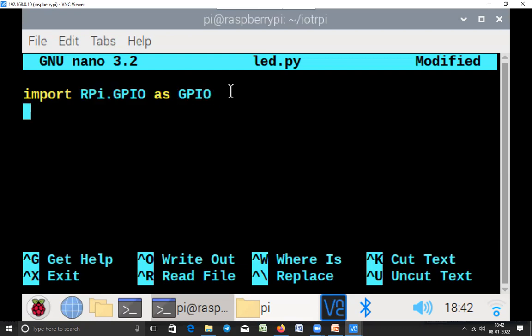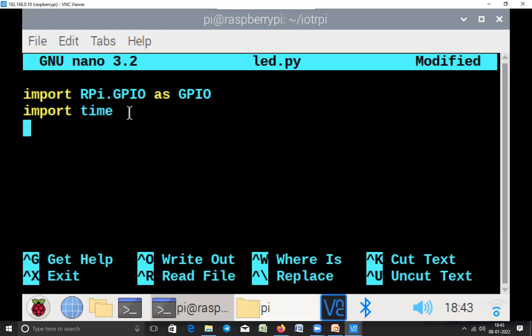The next step is we are importing another package, that is time. Time is a library. The time module is to produce delay, because delay or waiting is very important in embedded systems and IoT. Many times we need to wait for some time, or we need to give some delay between some actions. So one action is done, after that action we have to give some delay, and in such a case we have to use the time module.